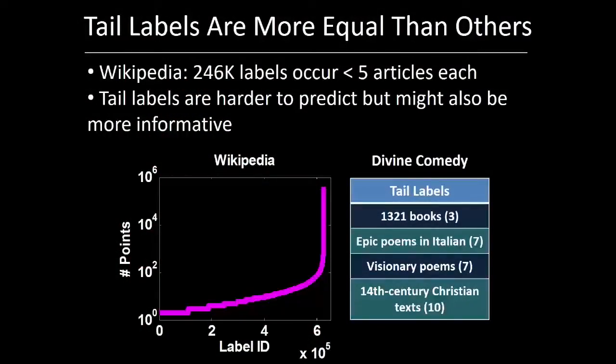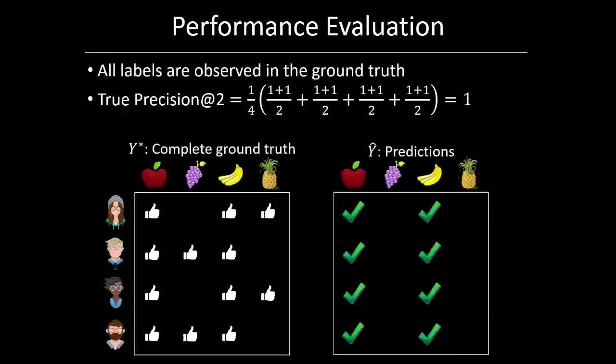So traditional ranking losses, including precision and nDCG, do not distinguish between head and tail labels. But the propensity models that we'll be developing will naturally promote the accurate prediction of tail labels and the recommendation of rare items. In fact, we'll show that this provides a sound theoretical justification for some of the very popular label weighting heuristics that people have developed in the recommender systems literature for recommending rare items that will delight and surprise the user. Okay. So for the remainder of the talk, I'm going to be focusing on developing propensity scored loss functions and propensity models.